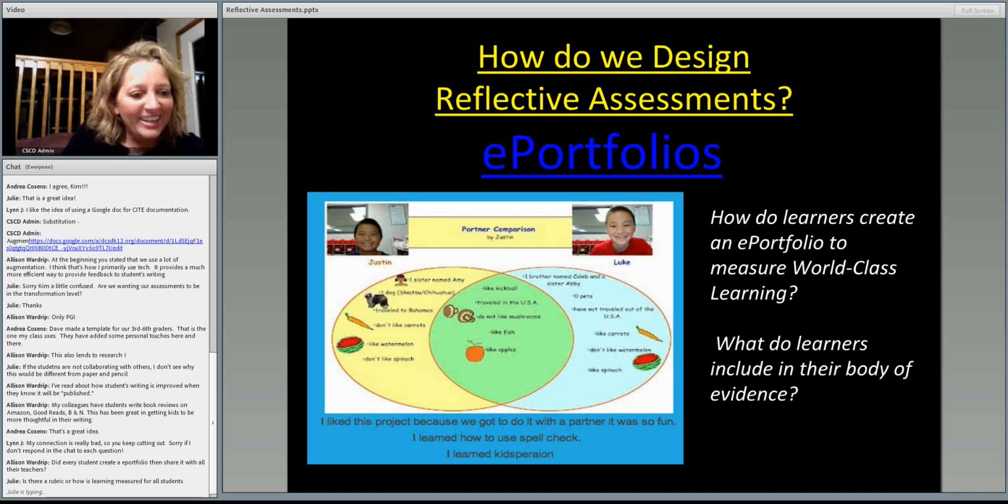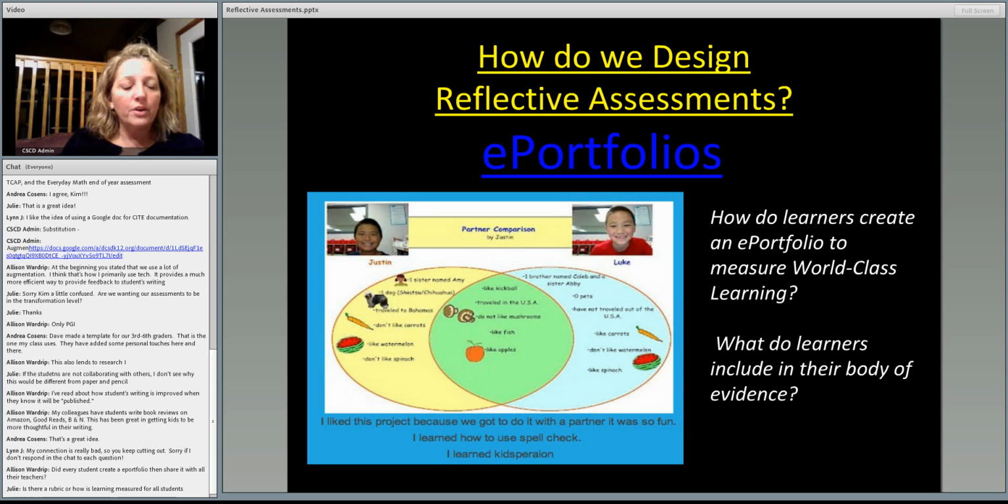Okay, so Julie has a question. Is there a rubric, or how is learning measured for all students? We definitely want to make rubrics for the quality of our ePortfolios, and in the EdTech Academy, everyone is creating an EdTech site that collects all the evidence, and I provided a rubric for how we could look at what types of evidence we are putting in. I don't actually remember the whole rubric. I can show it to you afterwards, but yes, I think you need a rubric on your ePortfolio